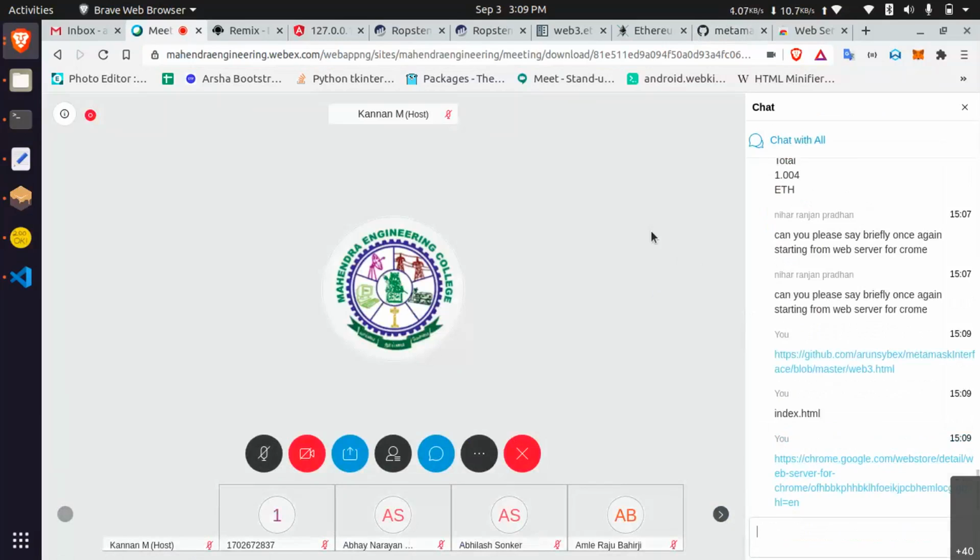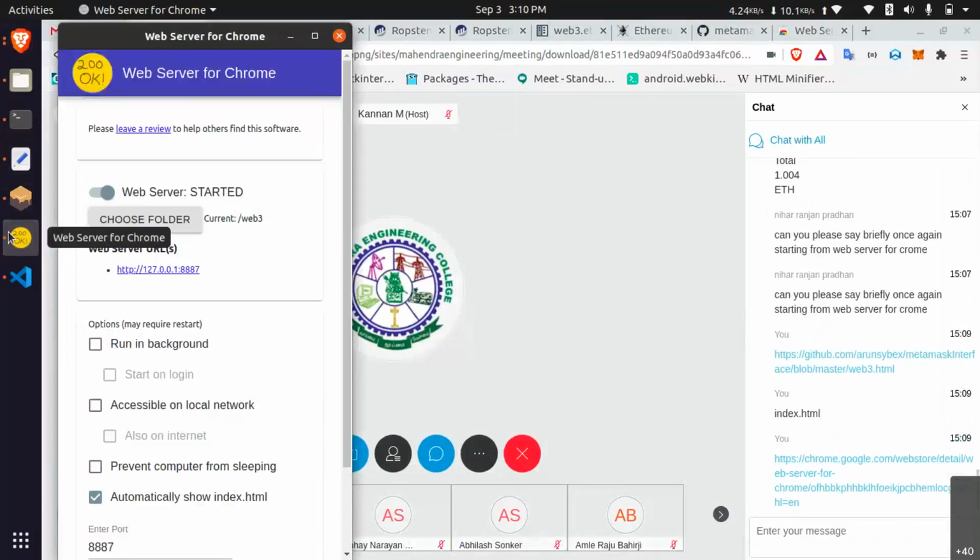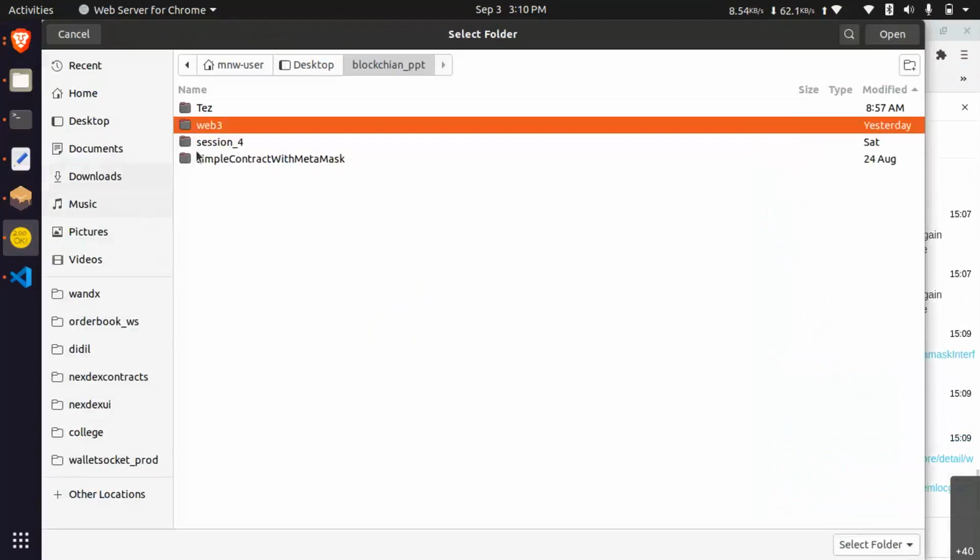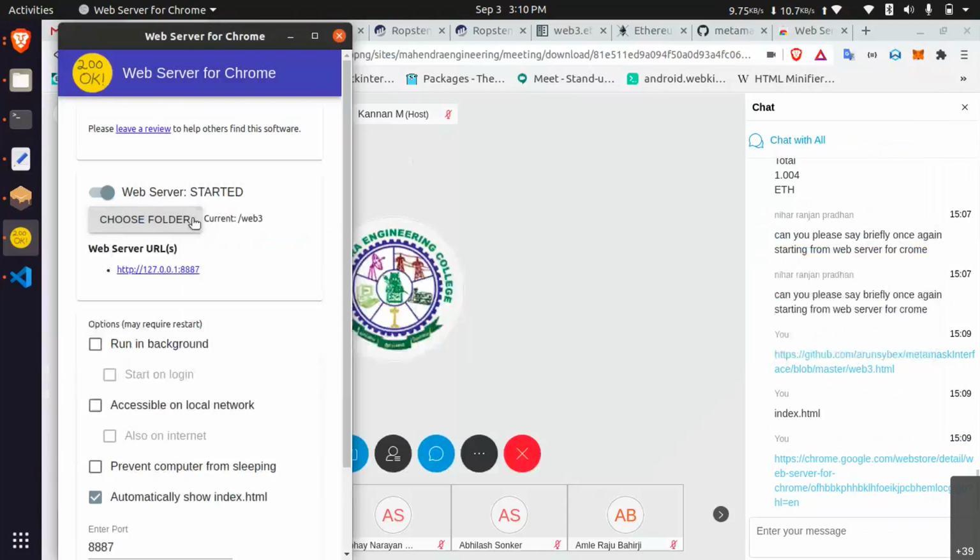Once you have downloaded the Chrome server, just open it and then choose the folder where you have placed that index file. Just click that folder, folder only, not a file, and then open. Just disable and enable the server and click the URL.